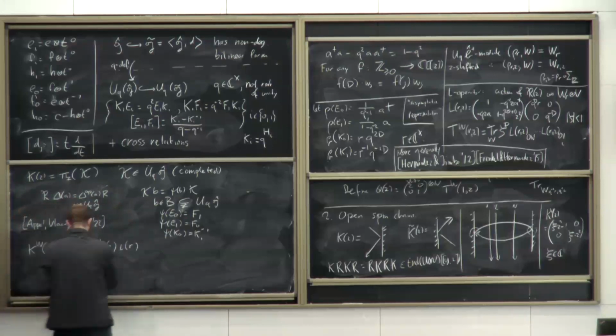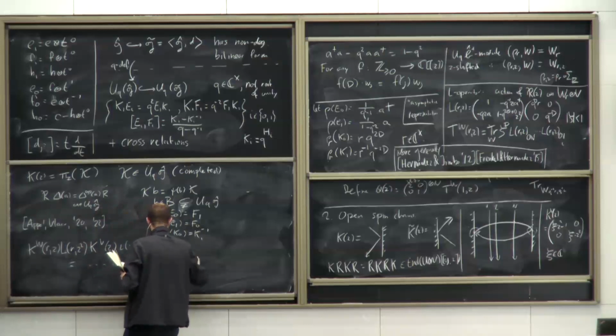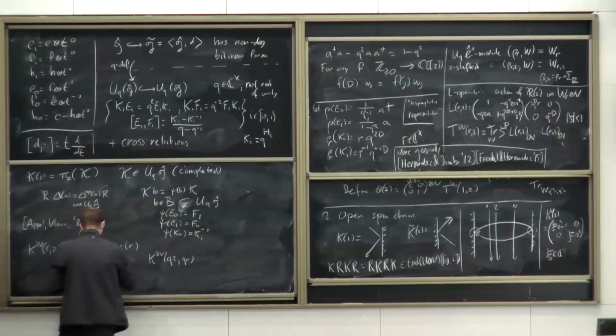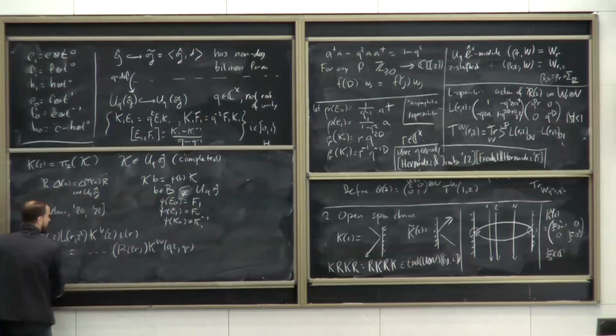And out comes the infinite dimensional K matrix with shifted arguments. And then here is a modified version of this intertwiner. This is basically the same intertwiner, but with the flip map, because otherwise the identity doesn't make sense. And so the picture for this, if you like, motivating picture,